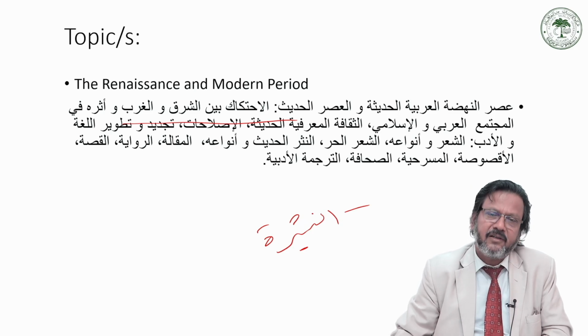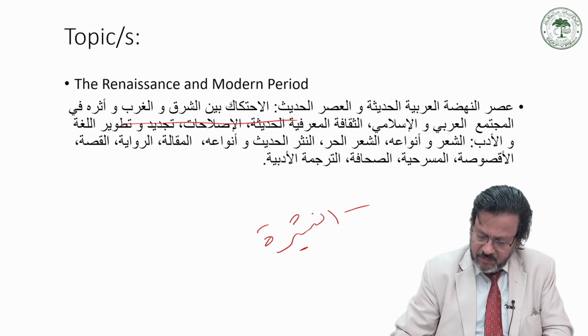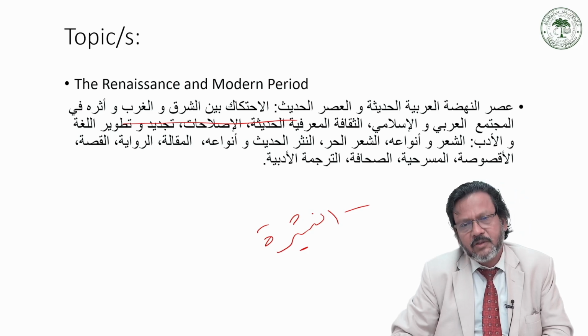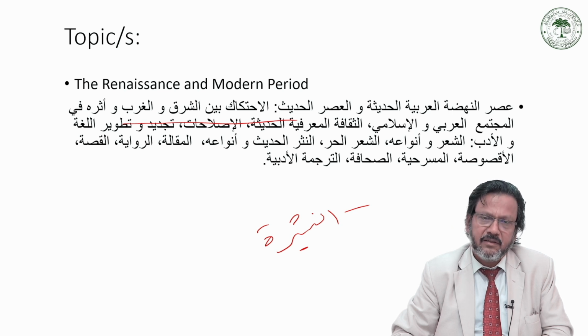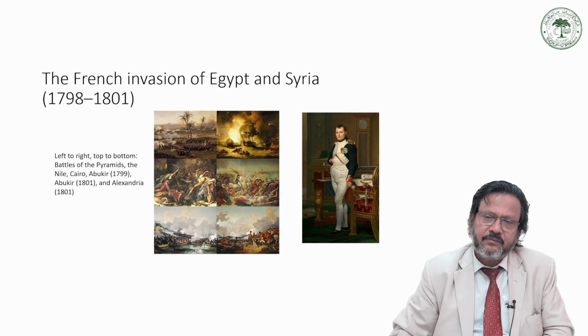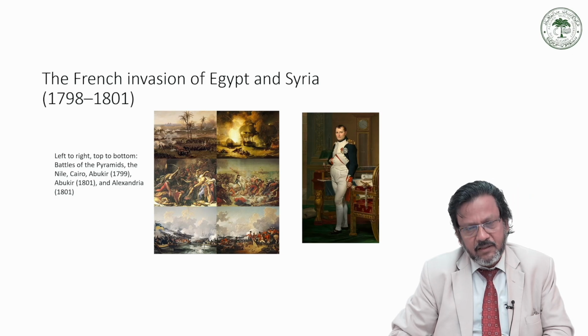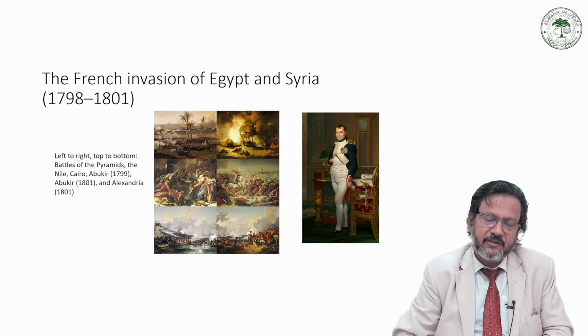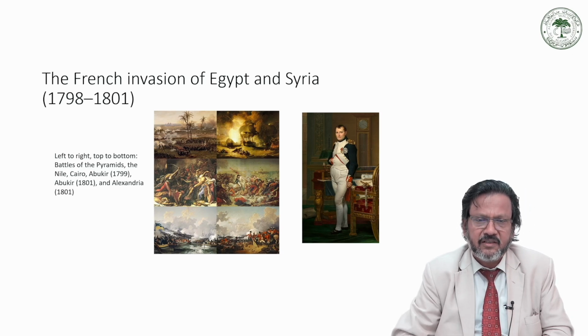So these are the general topics which will be deliberated upon by anyone who aims at addressing the topic in its historical as well as literary, cultural, critical, and poetic perspectives. The modern period, as we have seen, came after the Renaissance period. First it was the Renaissance period and then the modern period.